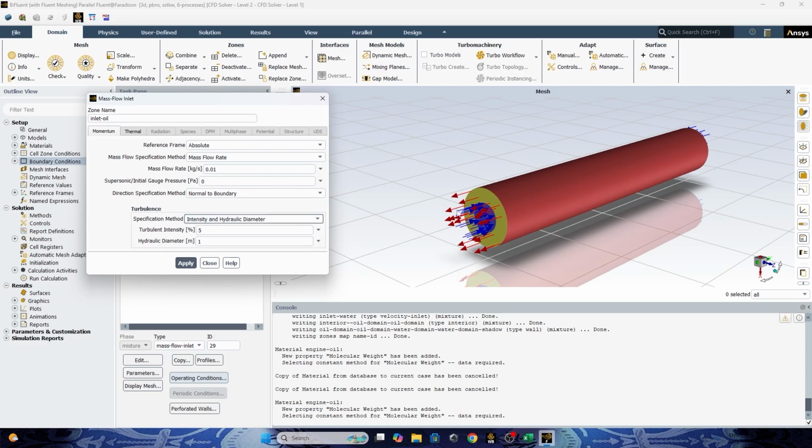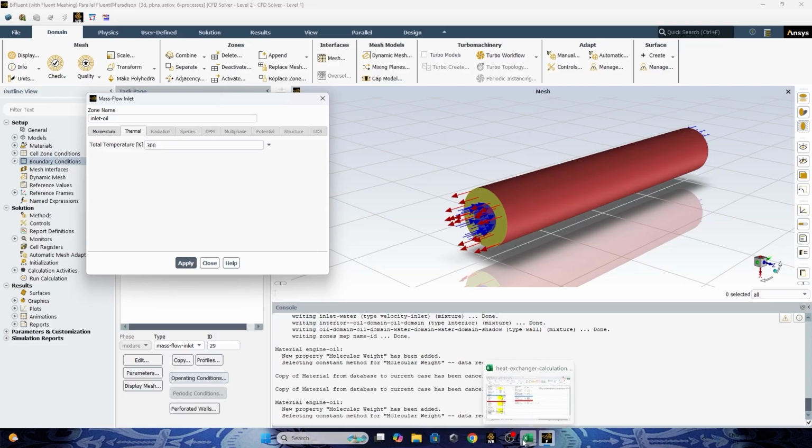The hydraulic diameter is the area that the fluid flows through in your tube. Because the hot fluid is in the inner tube, we can go for the inner diameter here, 0.5 meter. Okay, then you can press apply.